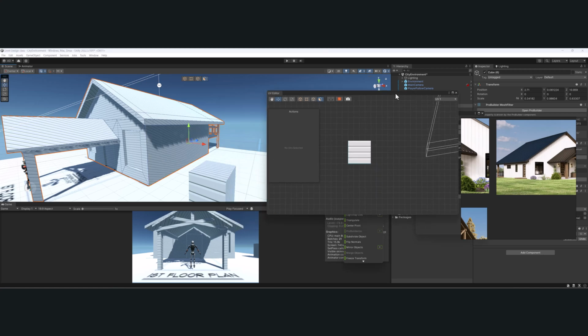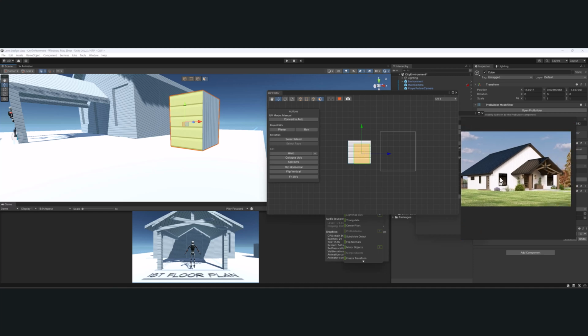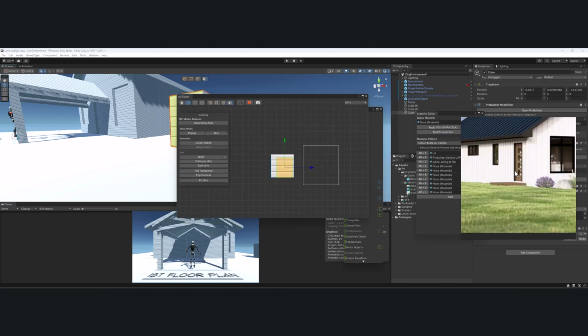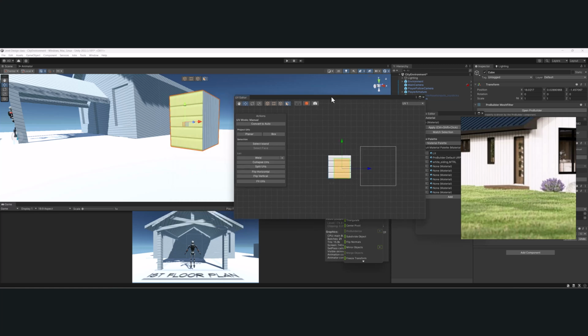Okay, so how do we go from, let's take a look at this cube, so that it looks like we have these things matching seamlessly? Well, what you generally want to do is select both sides, or really the whole thing, and click this button that says box. What that'll do is lay out each face as a box. And so you can go in here and select each side and line them up